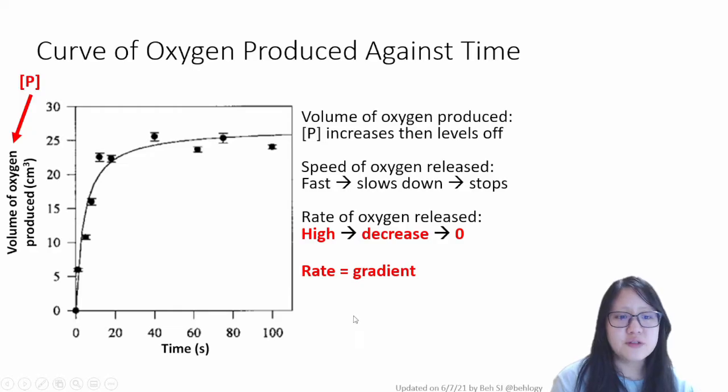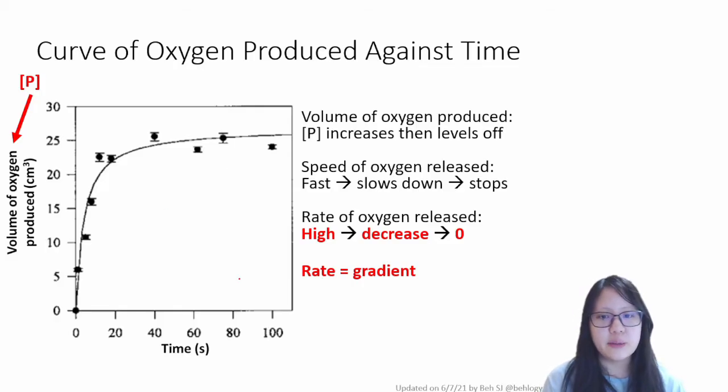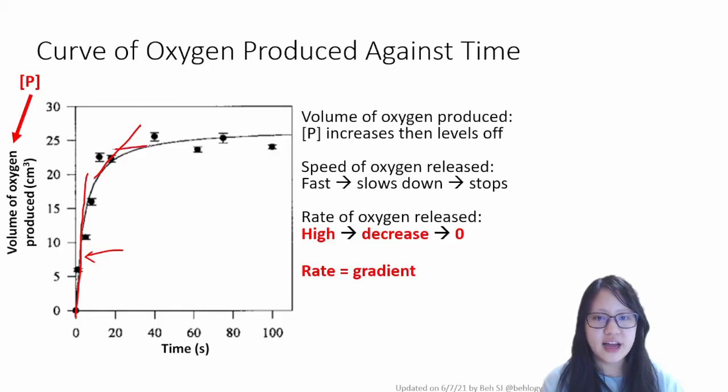Now just a reminder that the rate equals gradient. So if we do want to be OCD about rate, I'm kidding, but if we do want to calculate the rate at every single minute, for example, every single second in this case, then we can take a ruler and draw a line that is tangent to the curve like this. And we measure the gradient of this line. We can do this for every, say, 20 seconds, for example. We can do this another time, another time, and another time. And you realize that the steepness of this line goes from very steep,